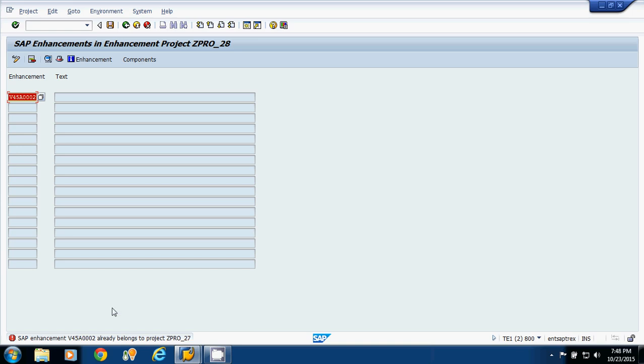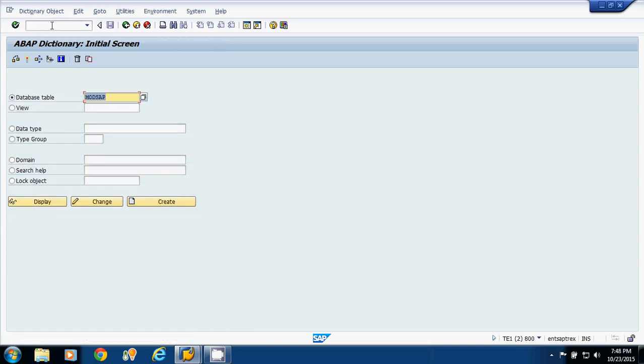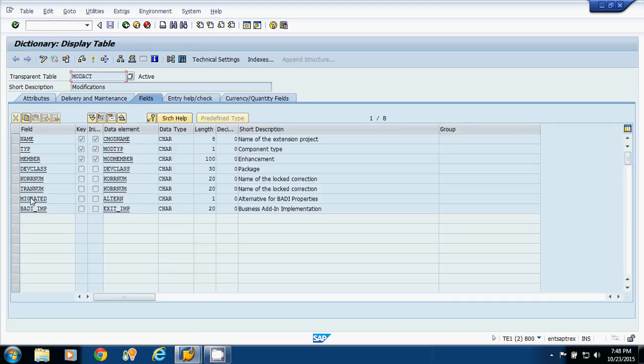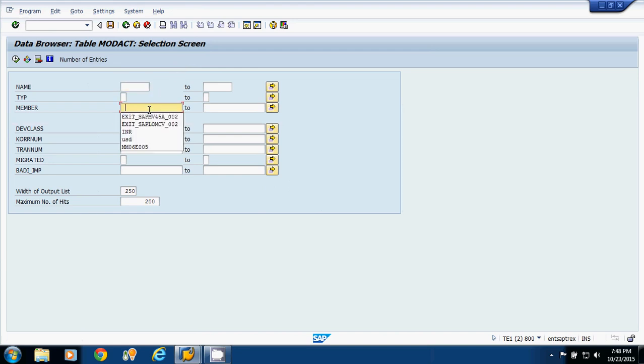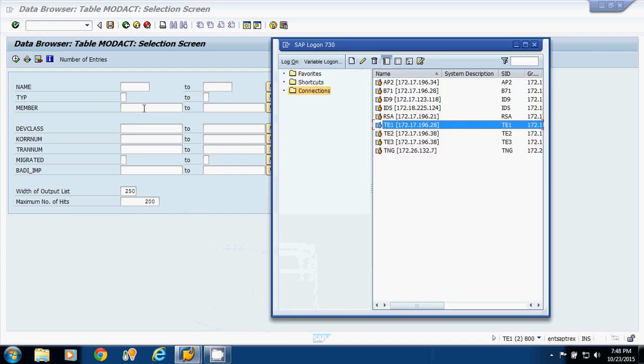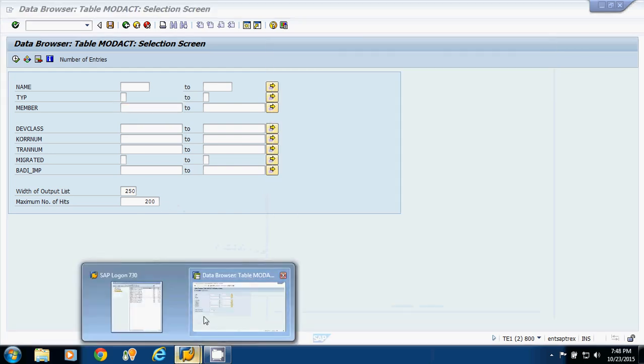Now we have one table, that is the MODACT table. This table will show you what is the project for that particular enhancement. Suppose I am passing the enhancement name here.